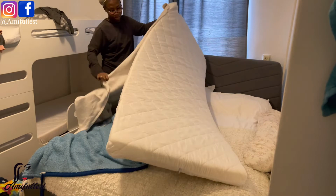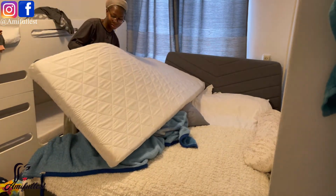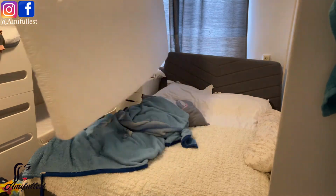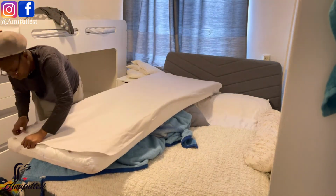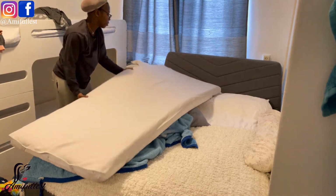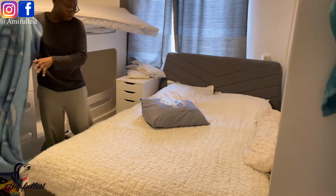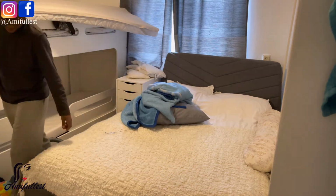I think this was the wrong size. I tried to fix this one, but it didn't work, and then I went ahead and took something else. Oh yeah, I fixed the mattress protector. Yeah, this is the mattress protector, because sometimes, once in a while, I don't do this every single time, but